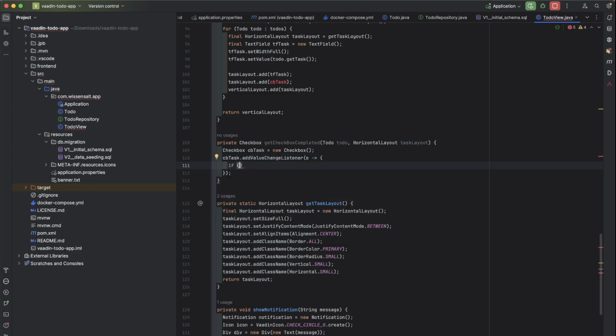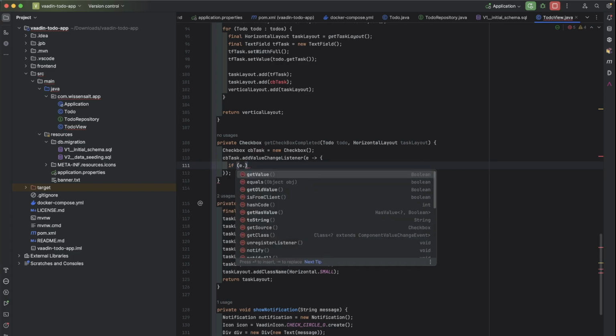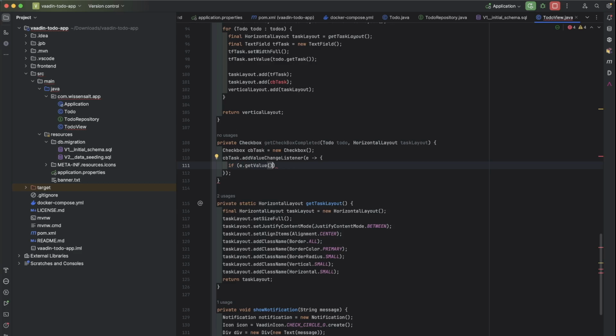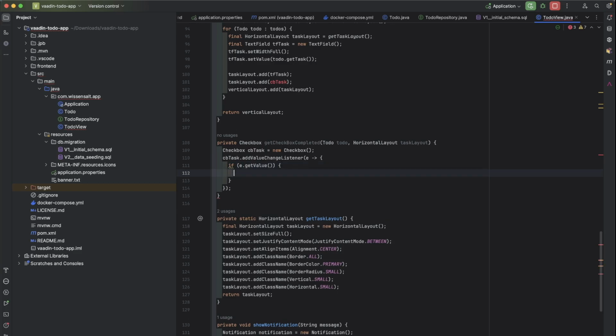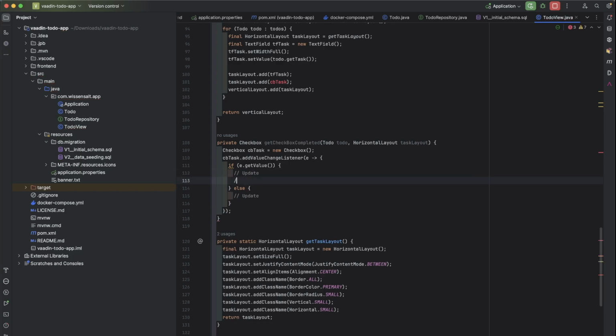If this checkbox task, if e dot get value is true, then save, then update, otherwise also update, then